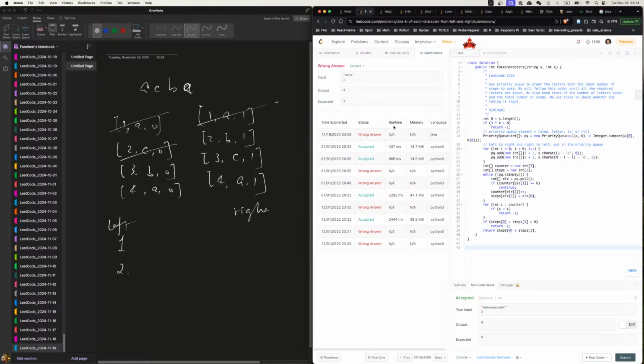Every time you pick the one with the smallest. But when you pick, if it's the same one, how do you know if it's the same one? So when you're going to pick one,